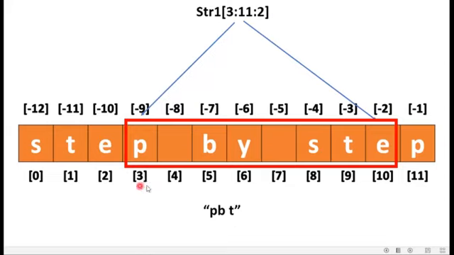In this way. We are starting from 3. 3 plus 2 is 5. So we are omitting this fourth index in between. It will not be printed in my substring. So first character is retrieved as P. After that we are omitting this. Then the second character is retrieved as B. Then we are omitting this location and we are printing this space over here. Then we are omitting this S and printing T. Then we are omitting this E, and next value we don't have in our range. So this is my substring printed over here.